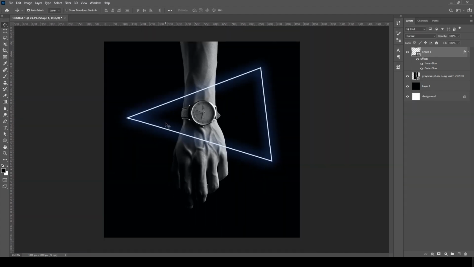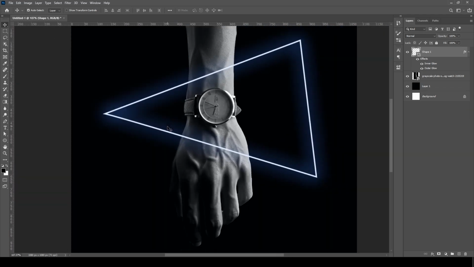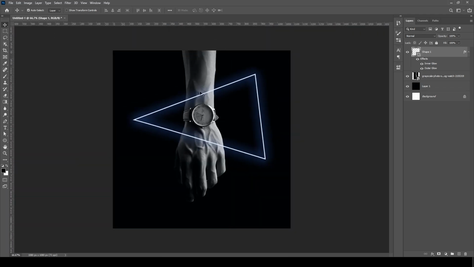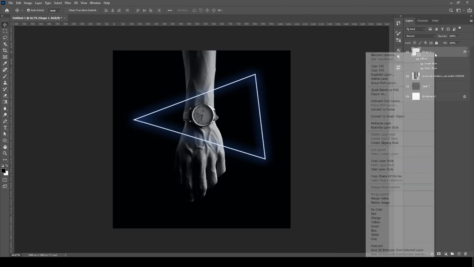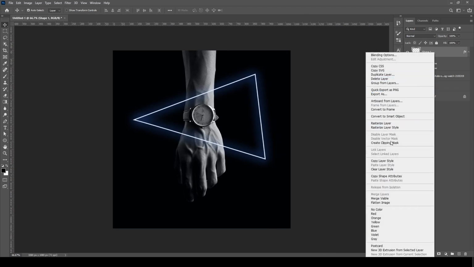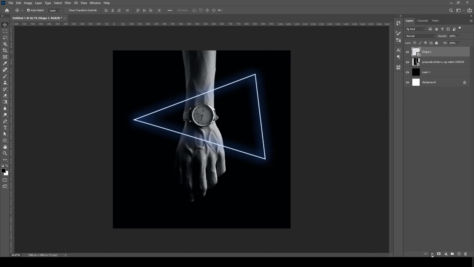So our neon effect is ready, but to give an extra touch, just right click on your layer, convert it to smart object. Now move down to the layer mask, click on the layer mask icon. Now select brush from the toolbar. Make sure that black color is selected. Zoom in